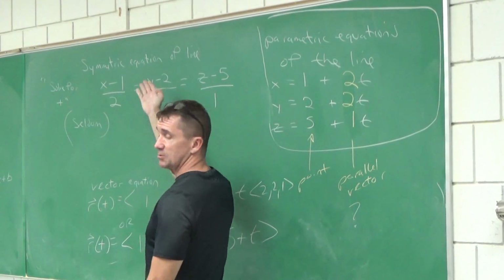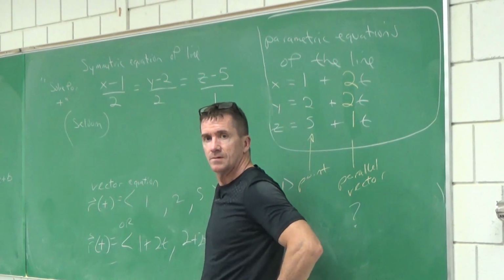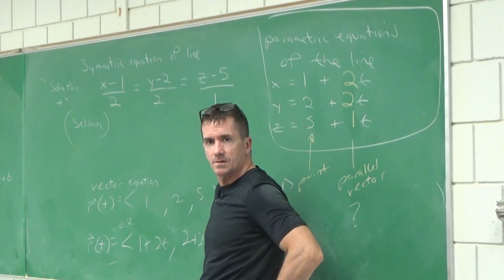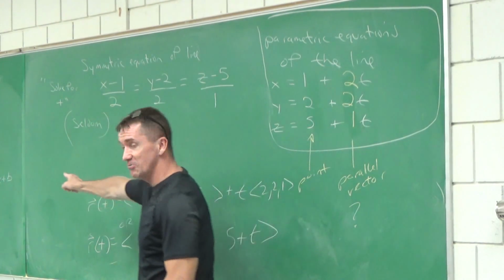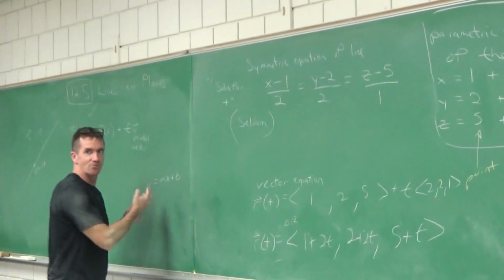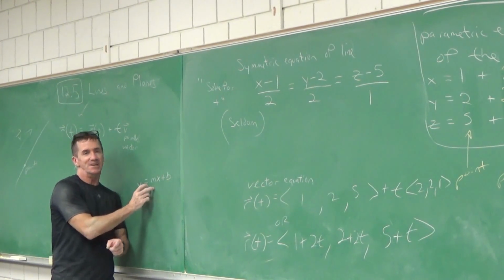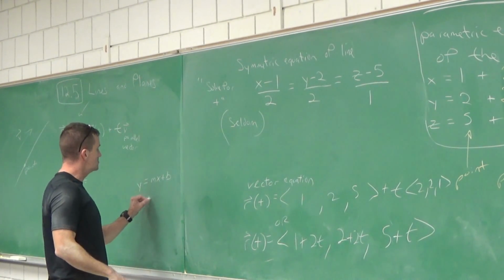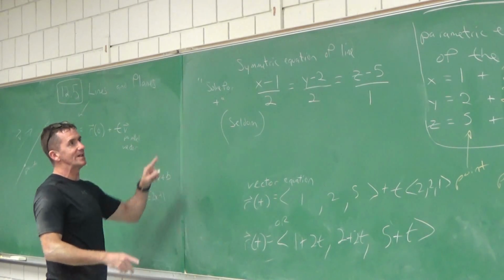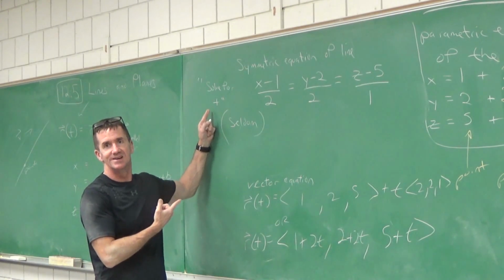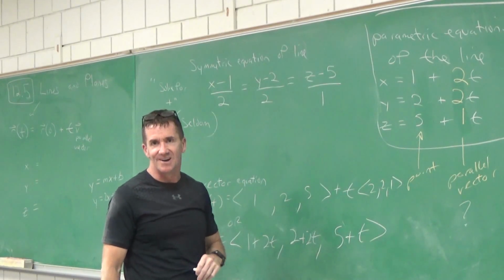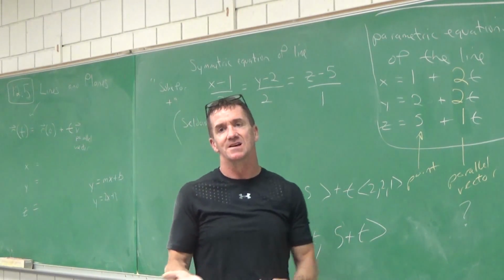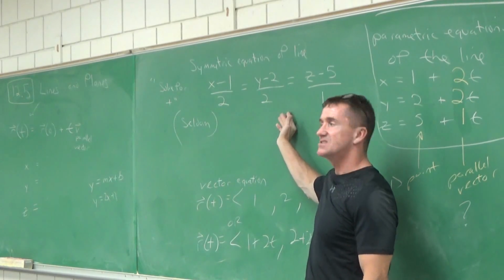Okay, question: there is a way to write it, eliminating the parameter, the symmetric equation of the line. We don't use the angle bracket to note a vector? No. What we did is like when we had y equals 2x plus 3, we eliminated this parameter t. The only thing is, there are 3 of them and it looks kind of weird, right? And that's why we won't do this too often. It's just another way to write it.